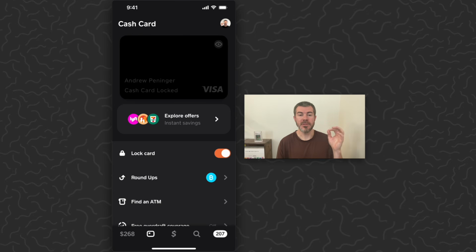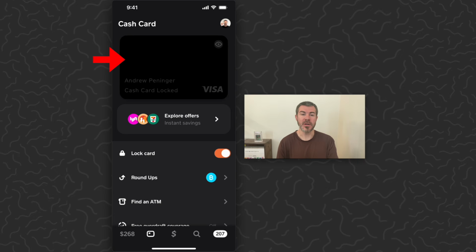Along with this, they'll send you a physical card in the mail. So if you're looking for your numbers, you can find them all on the physical card. If you don't have the physical card with you, you can see them right here. Mine are kind of blurred because of the recording software that I use, but right here on the card,